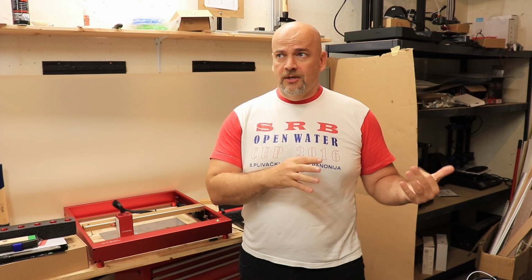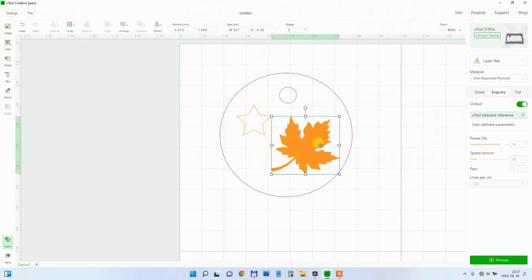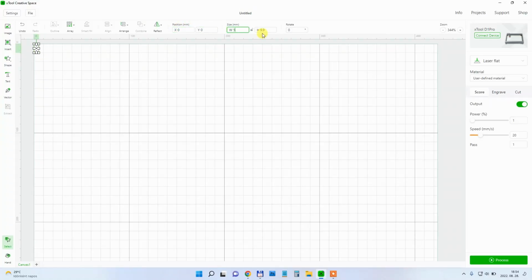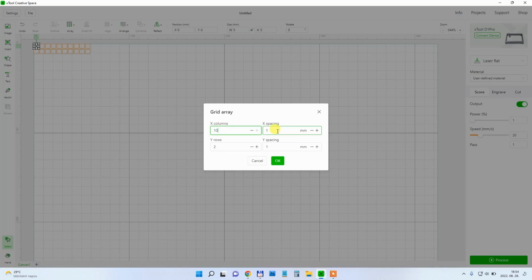And basically this is much more than the LaserGRBL, because there we could do only one operation at a time. Here we can have, for example, engraving of the metal, and if needed after that operation, cut it out and have a final object. Also here I could, in maybe a minute or two, create a test file with the squares, which will be engraving with a different speed and power, in case I want to test some new